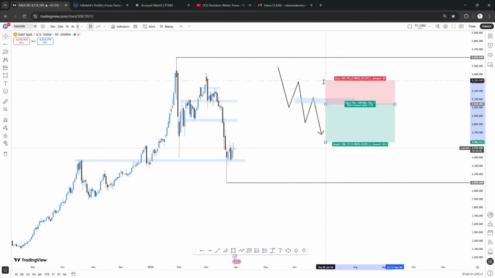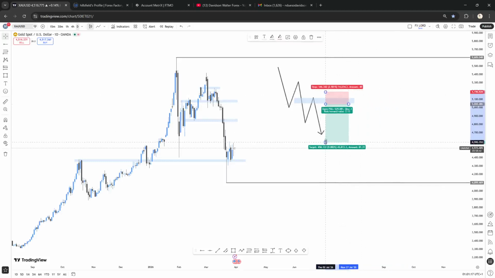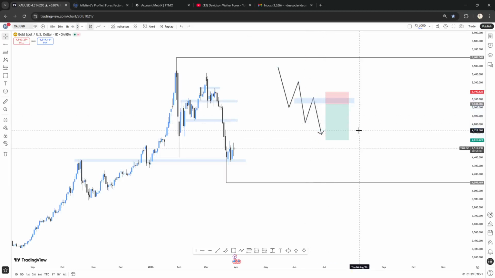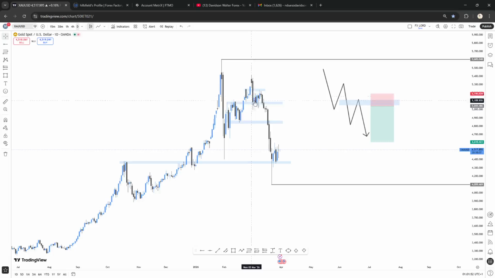So what are you looking for? Your stop loss is going to be above that high, and what will your target be? Your target will just be the previous low. But because we know this is going to be another lower low, lower than the previous low, you can just extend your profit target, and it's as simple as that. So this is a bearish market structure: a low, a lower high, a lower low, a lower high, a lower low.